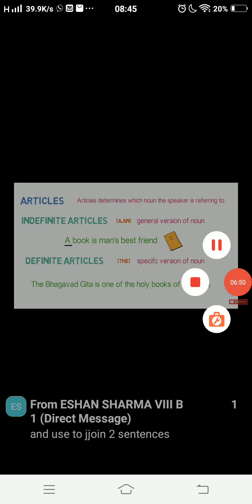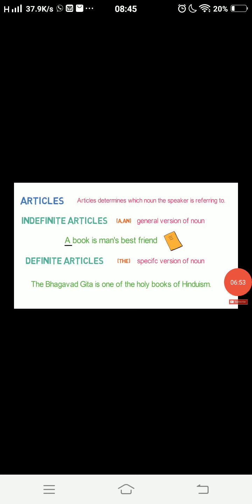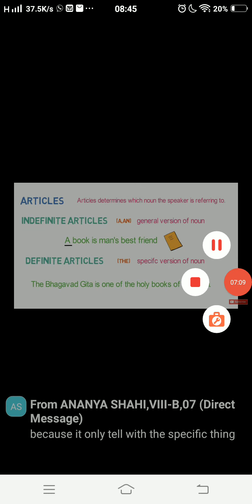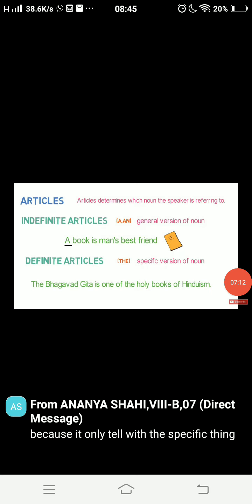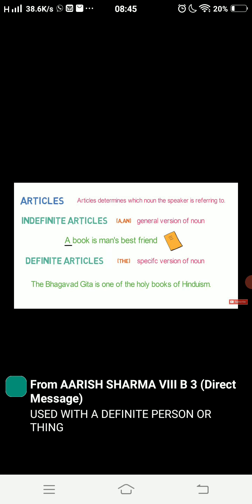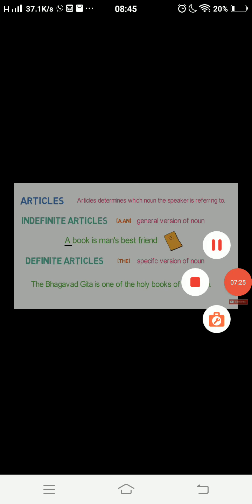Definite article is only one, that is "the". And when you revise "the", you just think of only one thing. "The" means a simple, particular person, particular thing. Just learn the word "particular". So when we are using the article "the", it means particular. Jot this down side by side in your grammar books, so during your exam preparation, you will not find any difficulty while revising them.